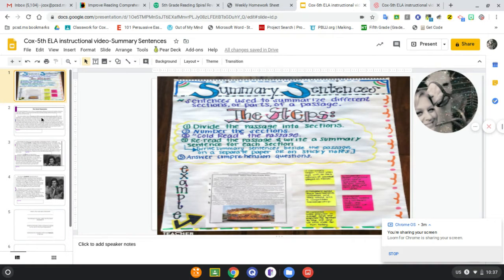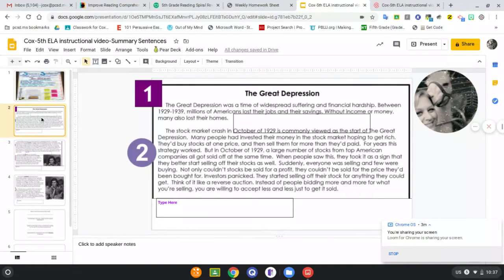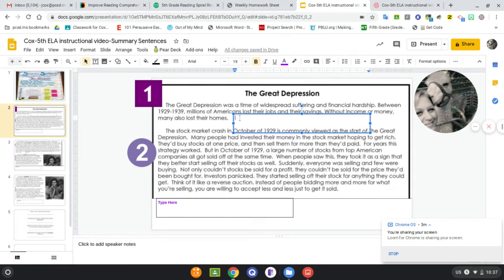So let's look at this text called the Great Depression. Like I said, I have already numbered these sections for us. There are 5 sections. I've read it through already, and now I'm going to go back through and read each section and try to do my summary sentences. Okay? You see that first section, it just kind of gives us a general idea of what the Great Depression was. And my summary sentence for this section is going to be that the Great Depression